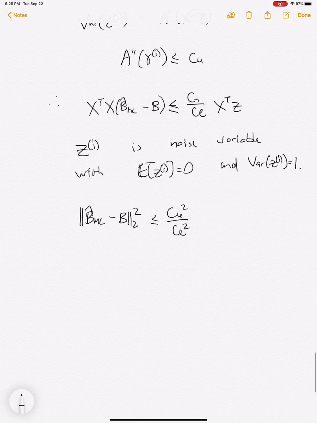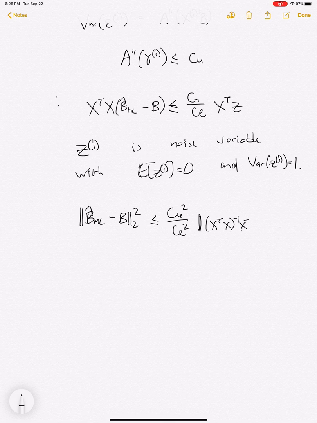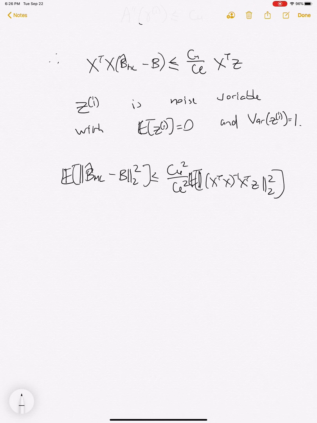Okay, so what we're going to get is something very similar to what we had for the, okay, and since E of Z Z transpose equals the identity, because they're independent and they're zero mean, then we have that